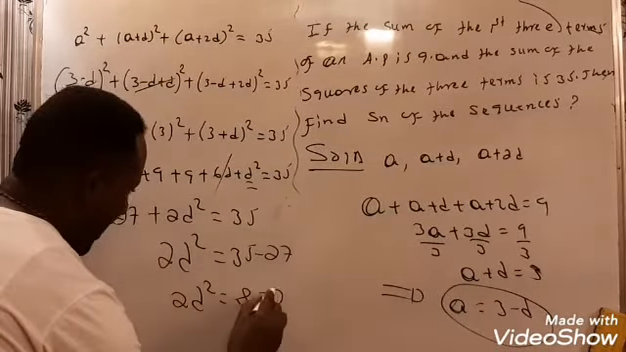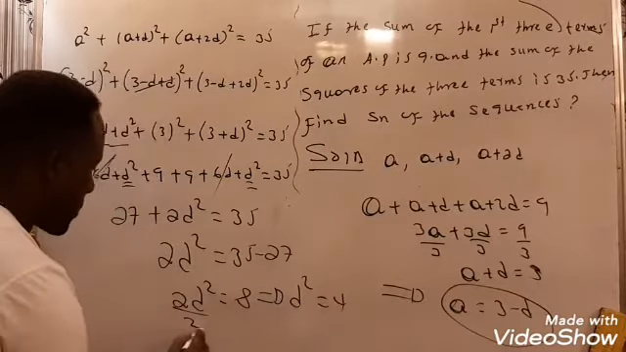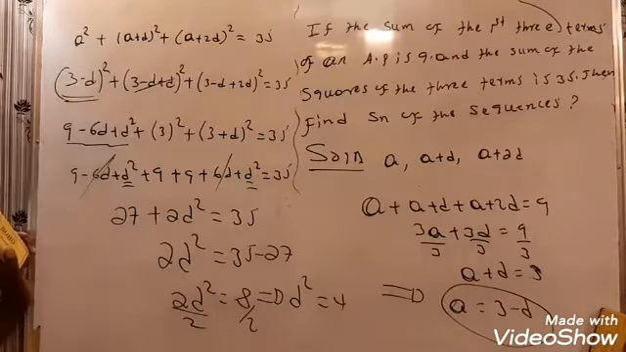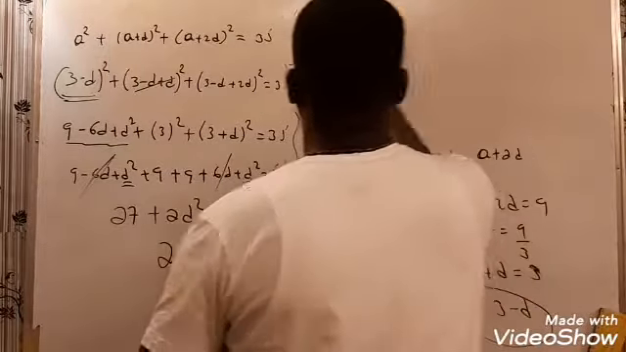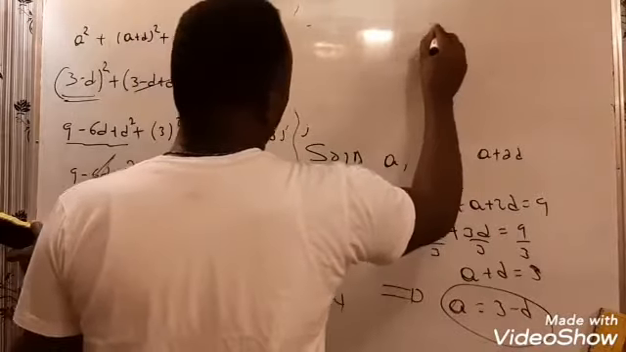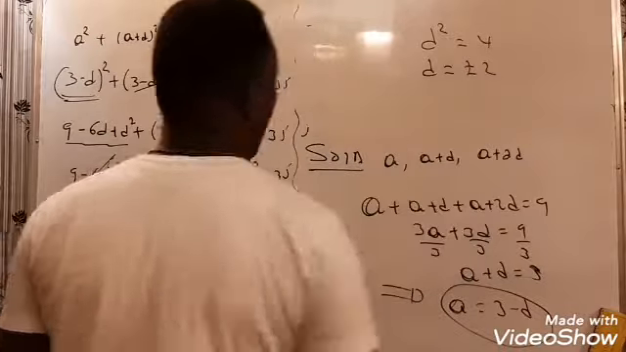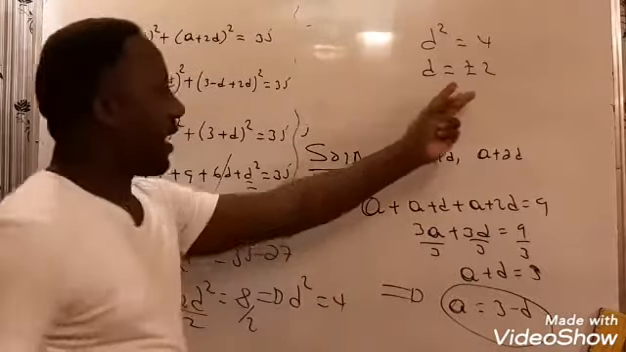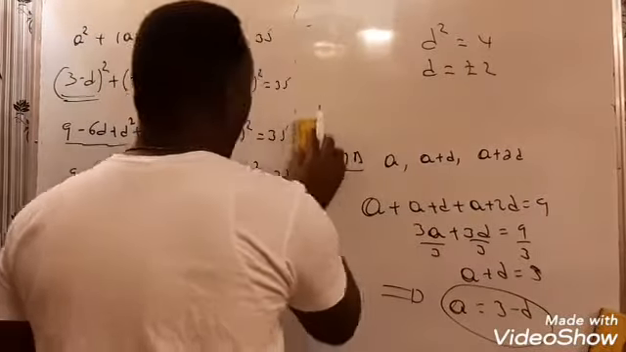as you know, d square is exactly 4, because we divide by 2 over 2. So d square will be 4. Finally, for this problem d square is exactly 4 and d is plus or minus 2. So the value of d will be plus or minus 2. So if d is plus or minus 2,